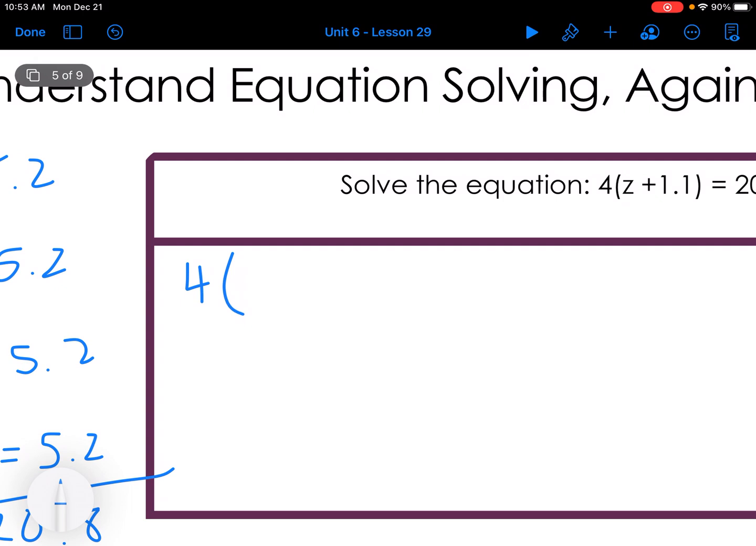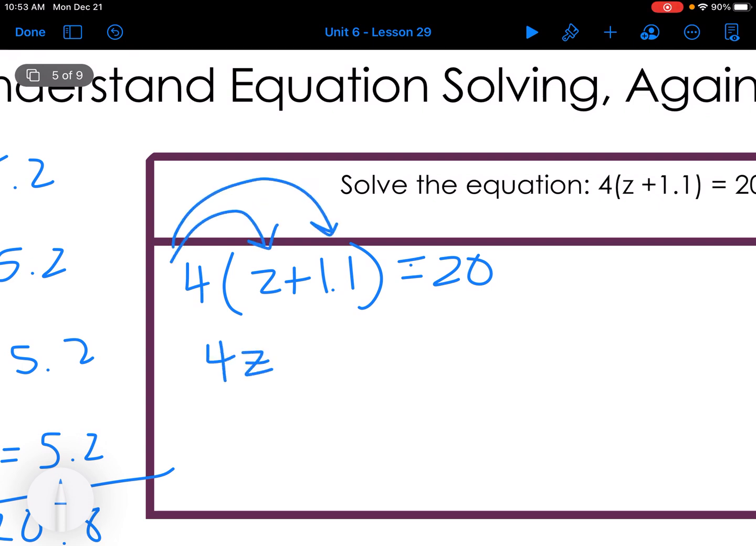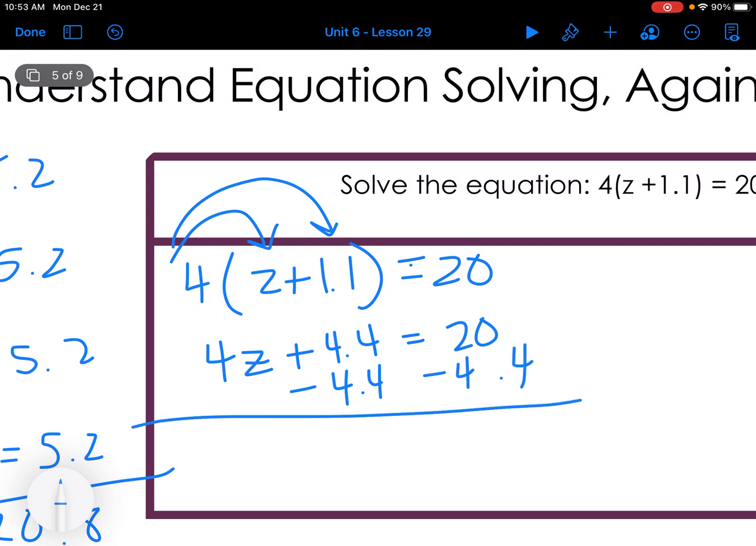So I have 4 parentheses z plus 1.1 equals 20. So I'm going to multiply 4 times z, and then 4 times 1.1, so that's going to be 4.4 equals 20. So then I zero out. That's the first thing I did in my picture. And I'm left with, I didn't line up my decimals very well, but